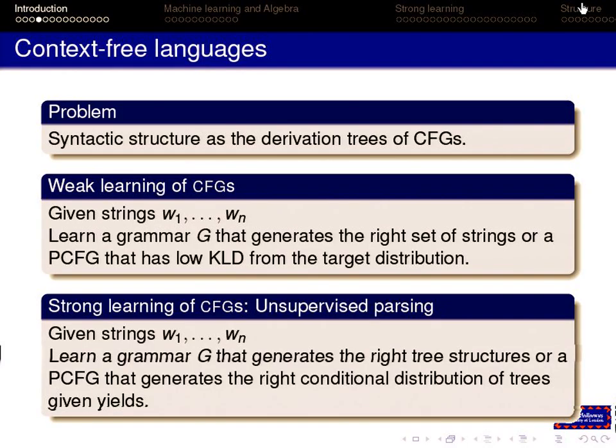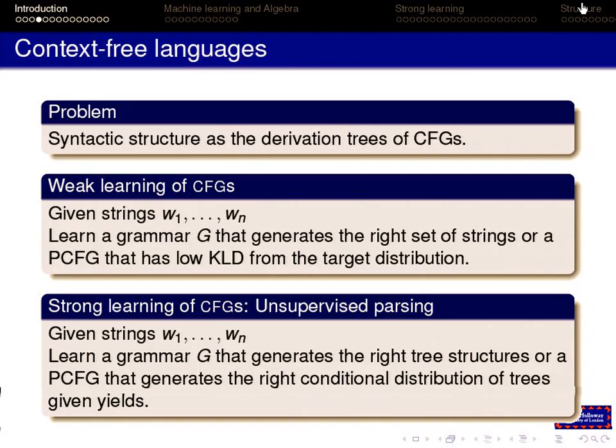What we don't really have is the same set of algorithms for strong learning of context-free grammars, which we can think of as unsupervised parsing. Here we're given a set of flat strings, strings that aren't annotated with their syntactic structures, so not a treebank, just flat strings. And we want to find some grammar G that generates the right tree structures, or a PCFG that generates the right conditional distribution of trees given these yields.